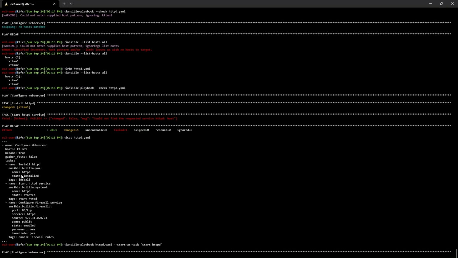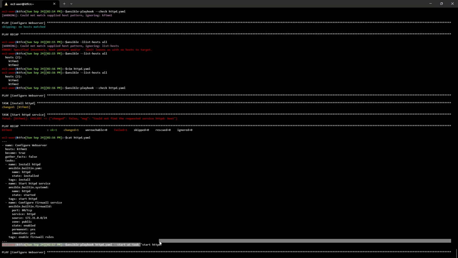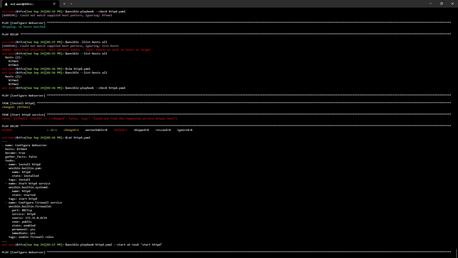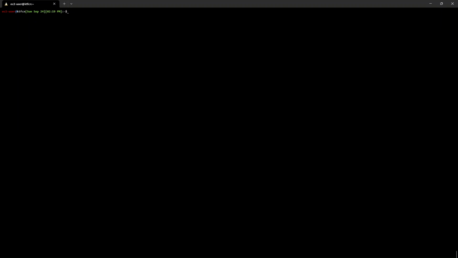So if you see here, it's going to that playbook, and it's only trying to run this start HTTPD service. So we can run something like this in our playbooks using only those tasks. And now I wanted to, sorry, I think it's the start at task. The previous one was not, this command is wrong. So if you want to execute only a specific task with